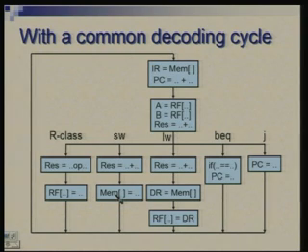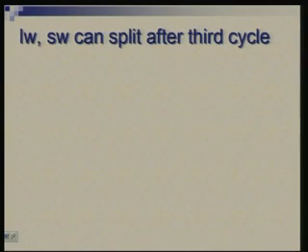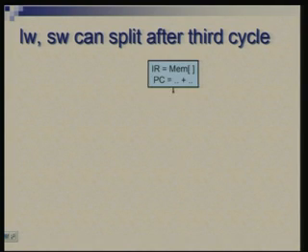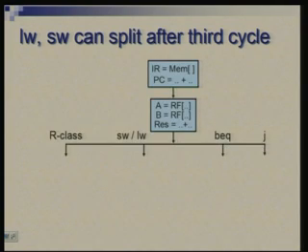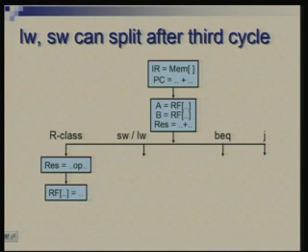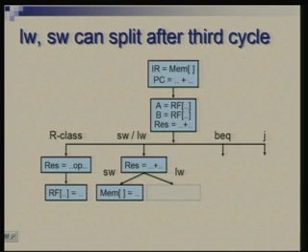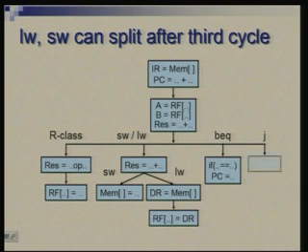Okay, now we need to worry about what action we perform in each of the states. So, these are the states, but before that there is another small improvement possibility here, which you will notice is that load word and store word have one more cycle common, where the address is being calculated, and we can actually merge that. And as far as load stores are concerned, we keep them together up to the third cycle, and then bifurcate into load and store. So, that reduces the number of control states by one more.